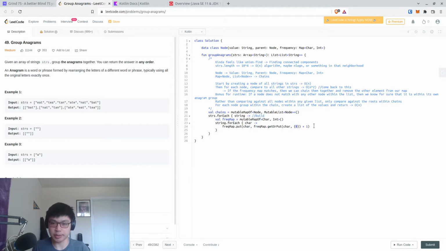This needs to be a lambda. So we either get the value within the character, or we default to 0 and then we add 1 to it. Then we can say chains.put